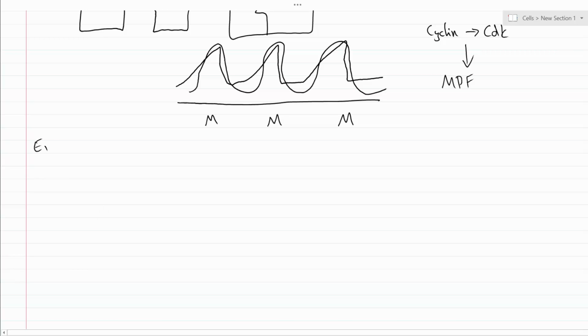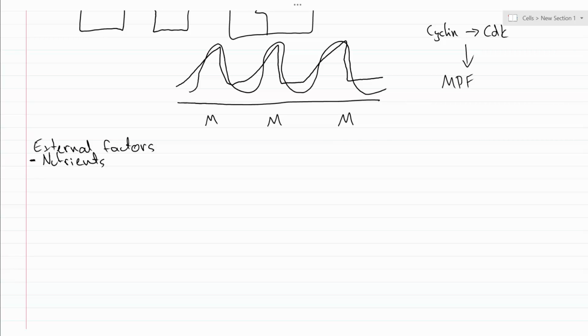Now, there are also some external factors which will influence cell division. These could be things like nutrients. If a cell does not have the correct environment as far as nutrients and does not have its nutrient requirements present at that point in time, then it's going to find it difficult to divide. And also,